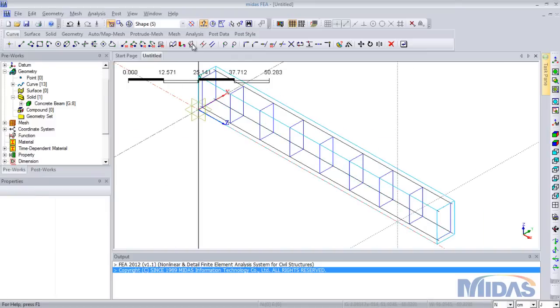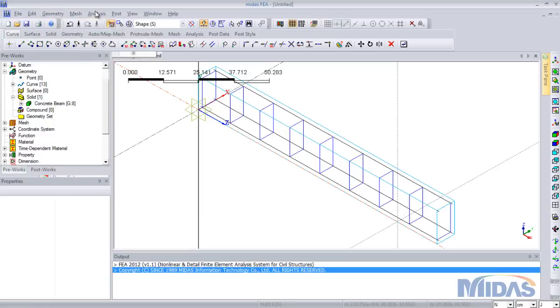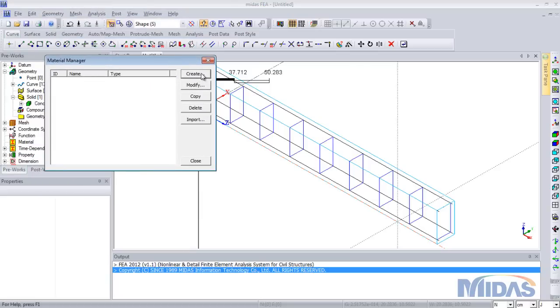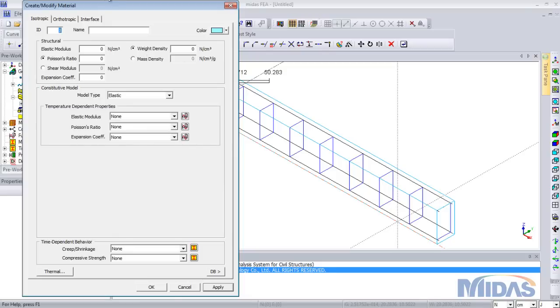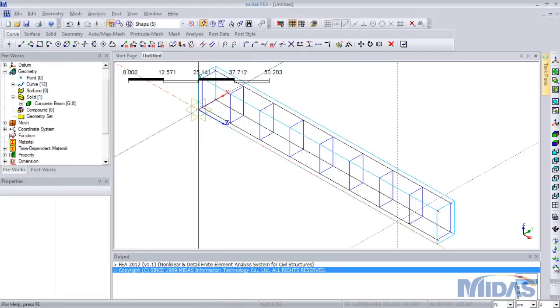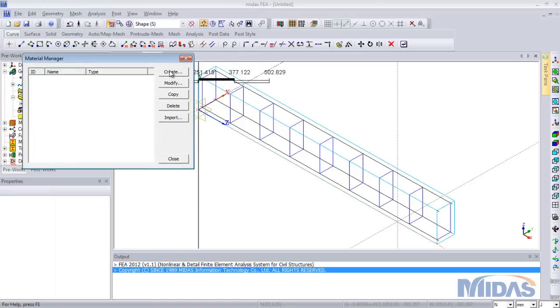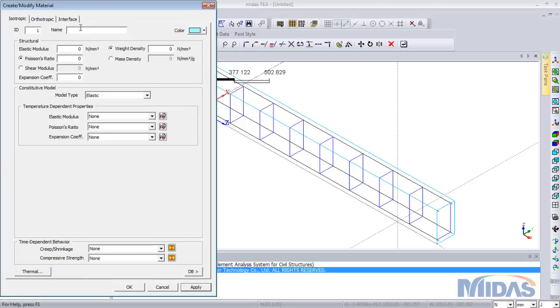So the next step here is to define the material properties, which is under Analysis tab, Material. Click Create. Enter the name of the material. Okay, for convenience, as the units for the material, we will be changing it to millimeter. Now again, Analysis, Material, Create, enter the name,